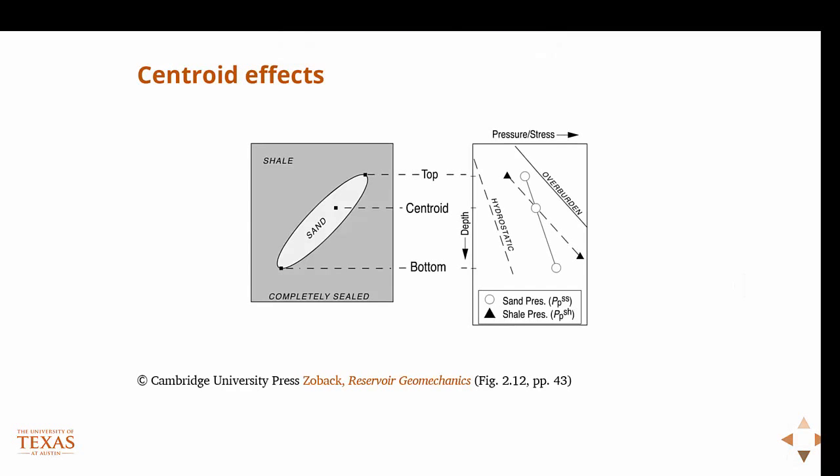So there's also what's called the centroid effect. In this case, you have a relatively impermeable, low permeability shale, and inside of the shale, you have some tilted sand formation. Because the sand is relatively well connected, in the sand you'll have what follows basically a near hydrostatic